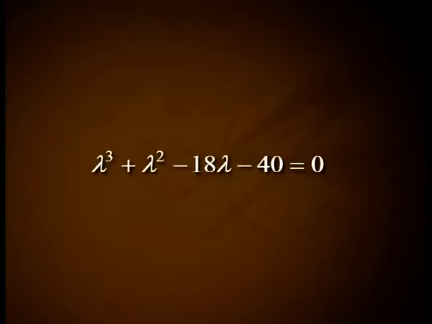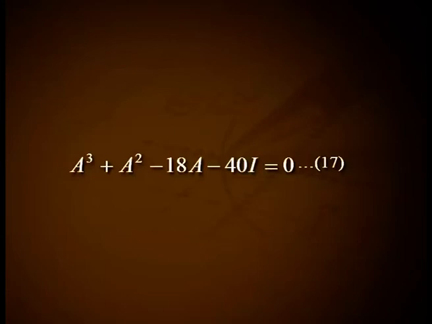Example 7. Using Cayley-Hamilton theorem, find the inverse of A is equal to matrix 1 2 minus 2 2 minus 1 4 3 1 minus 1. Solution. The characteristic equation is lambda cube plus lambda square minus 18 lambda minus 40 equal to 0, and since